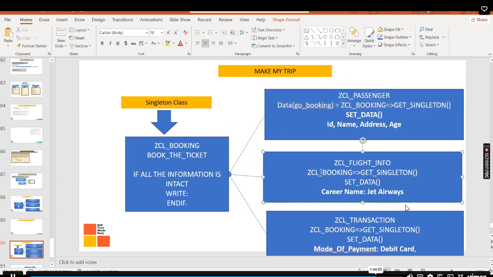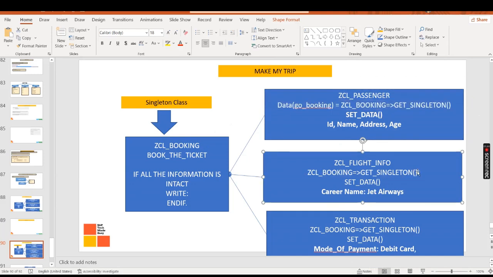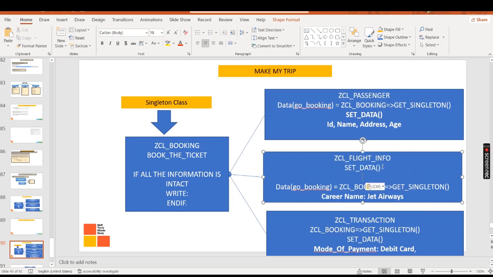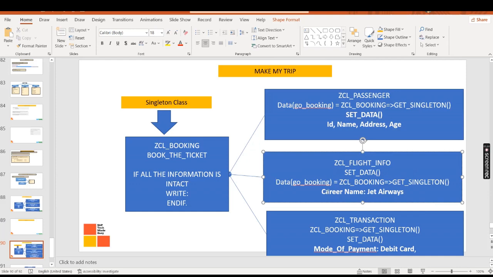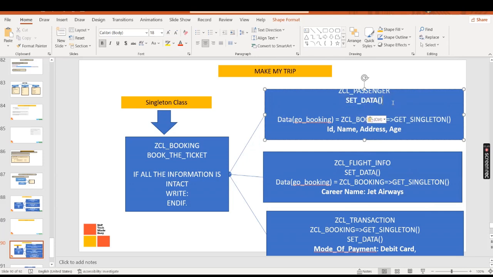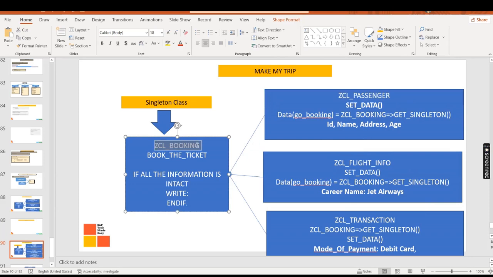So like this you have to create the object, and once you create the object, then inside this method, this code you are actually writing inside the set data method. First you are creating the object, and then you are setting, passing the carrier name. So basically you are setting all the global attributes of this JCL underscore booking object. And once you got the ID, name, address, age, the carrier name, and the payment information,